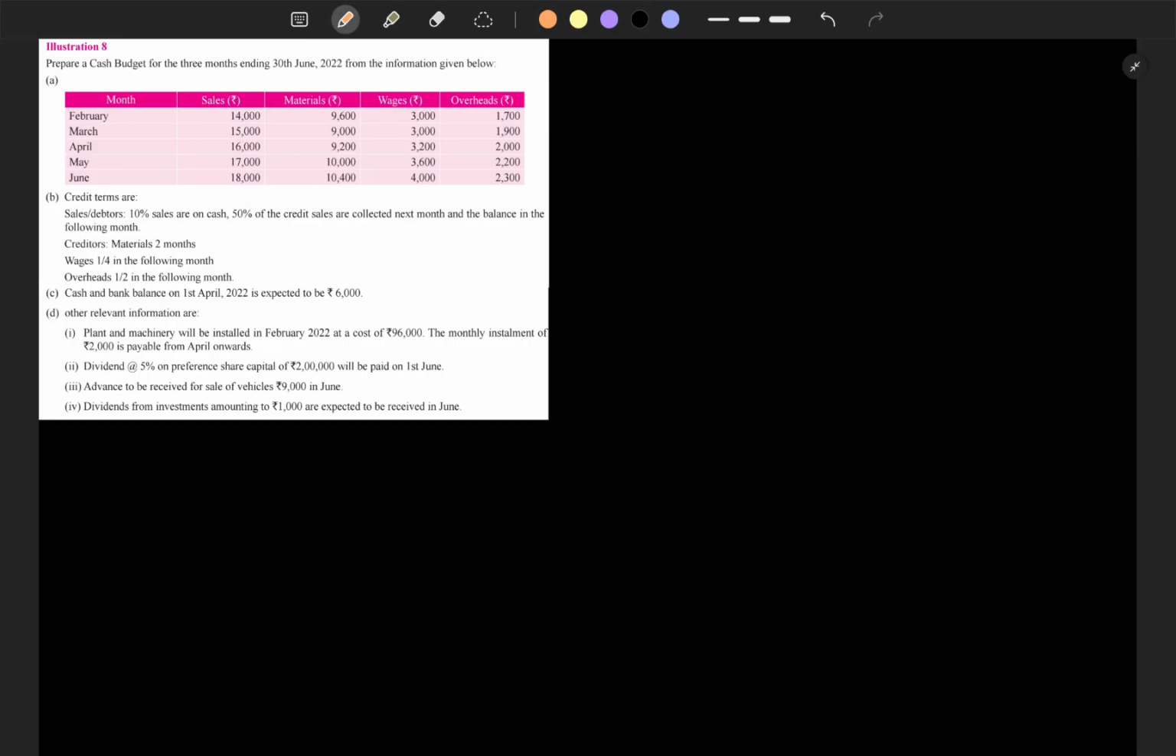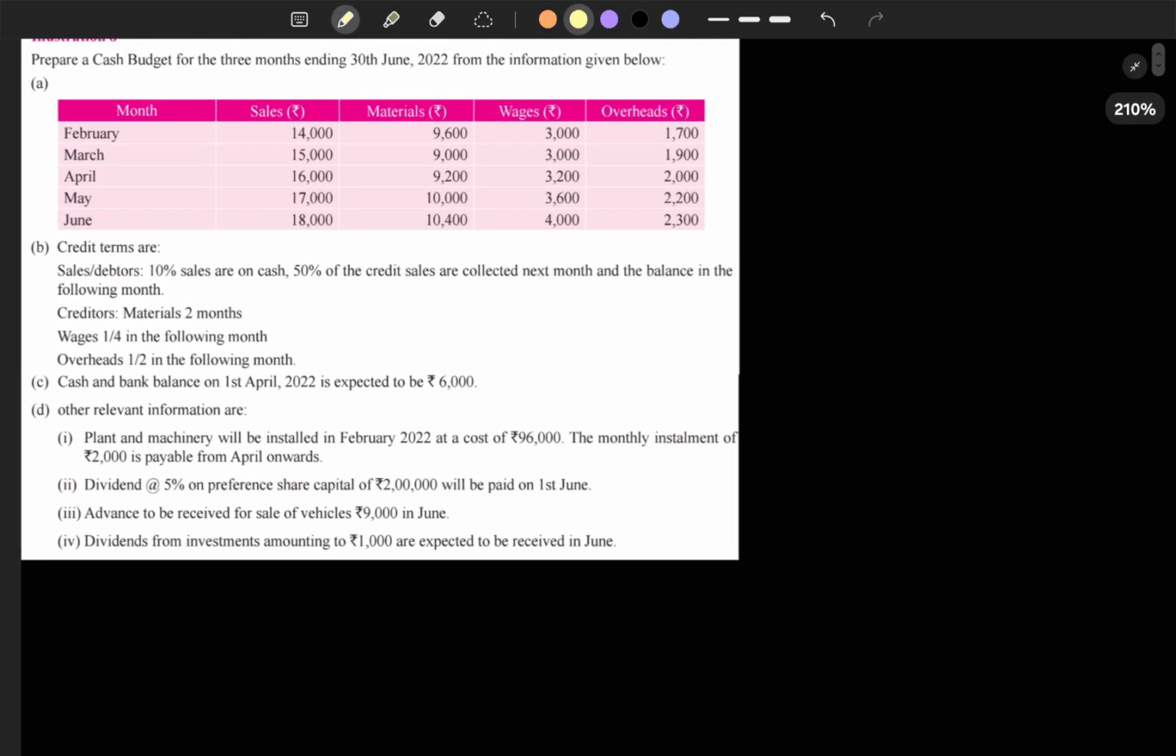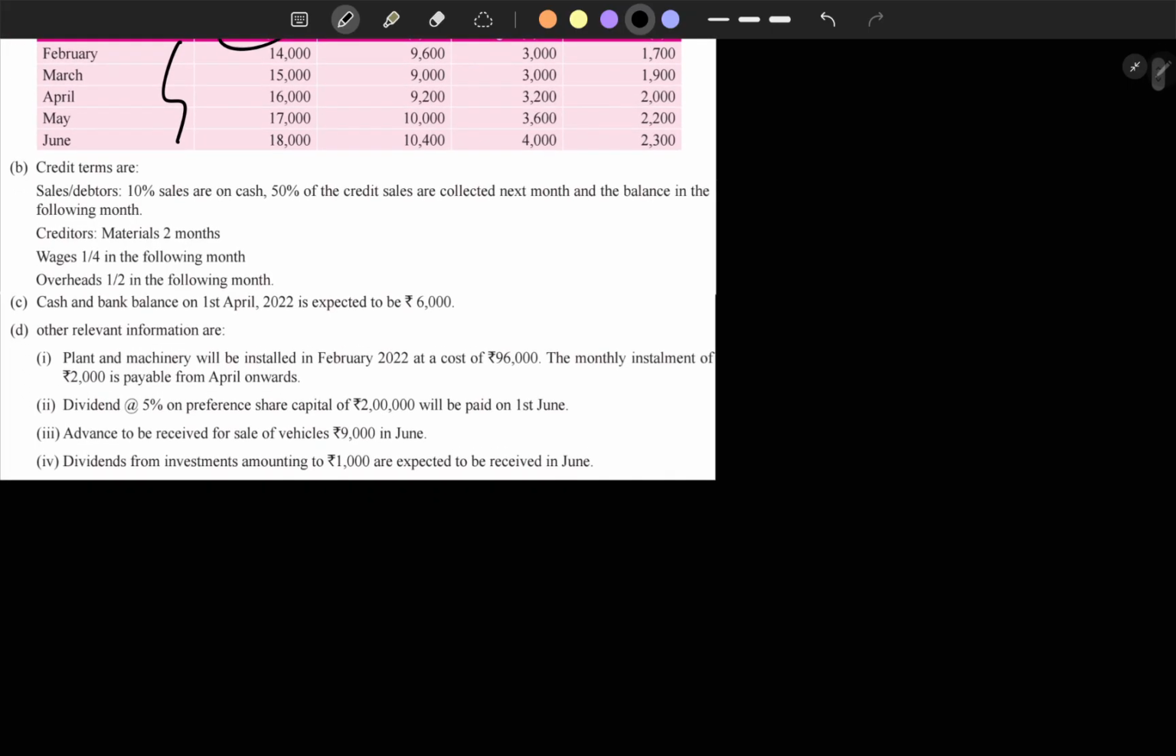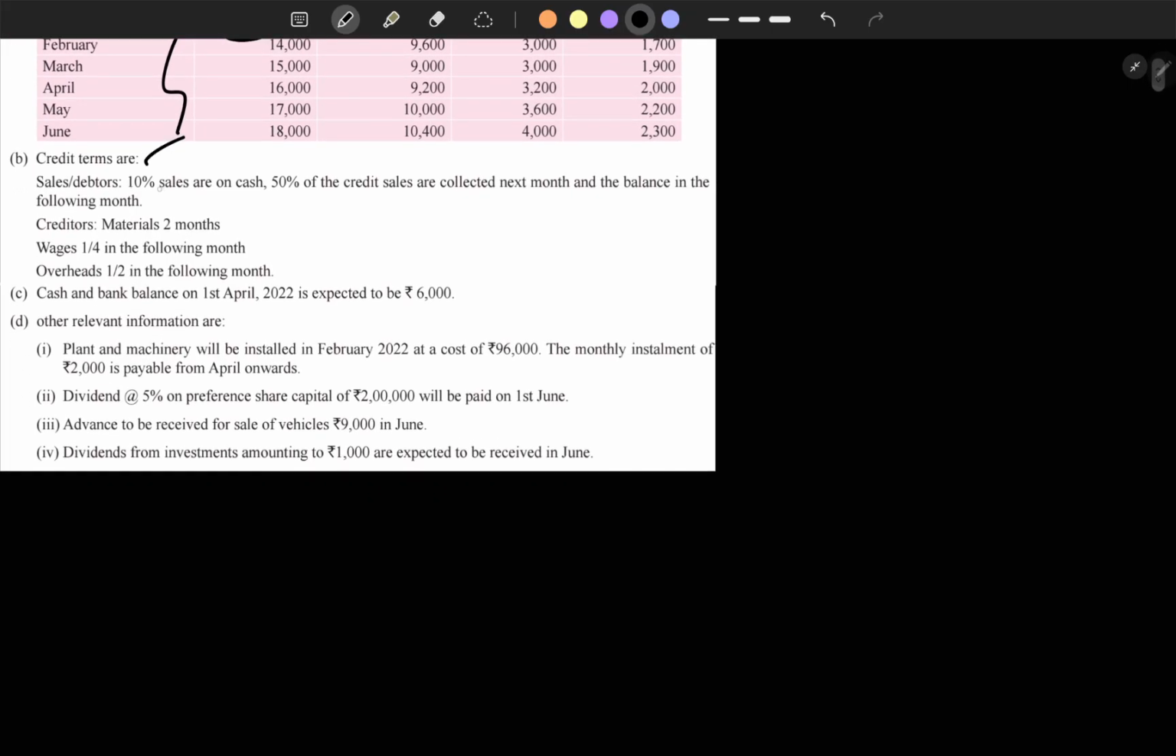Okay, let's start with the cash budget problem. Prepare a cash budget for the 3 months ending 30th June 2022. The details given are sales, materials for every month, wages, and overheads. All the prime cost items were given. Then the credit terms: for sales, 10 percentage of